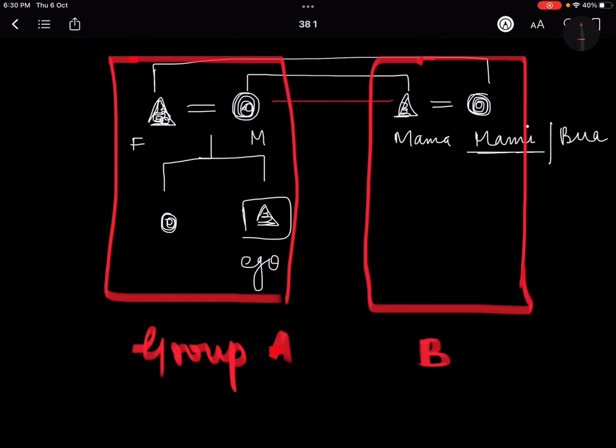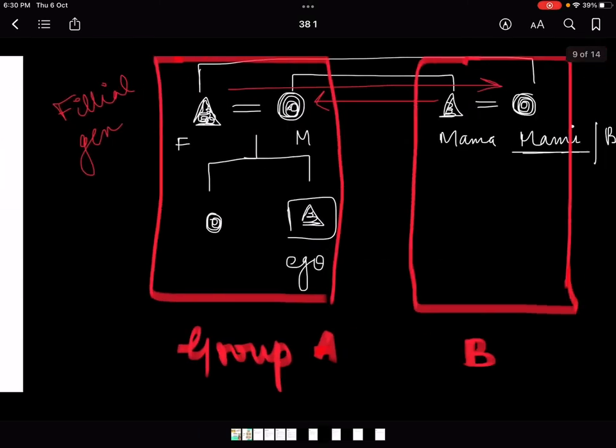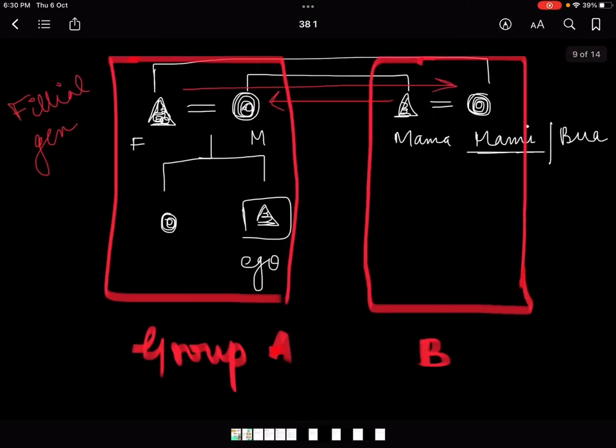So they gave a wife, as in they gave a sister, and they also gave a sister to this group. So in the same group, in the same generation, that is this filial generation only, they are getting a girl also and sending a girl also. So if it happens in the same generation, that would be wife giver and receiver in the same generation. So this is restricted exchange, but this can only happen where the societies are very simple. There is not much complexity, only 2 groups are there, so they exchange